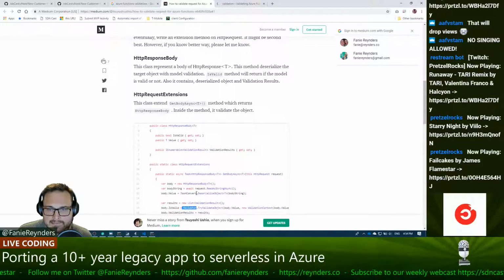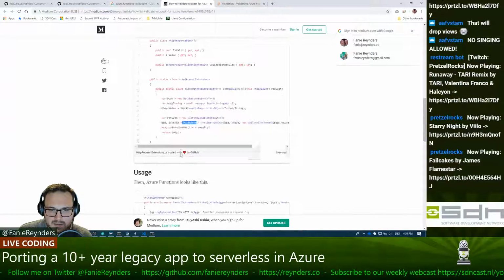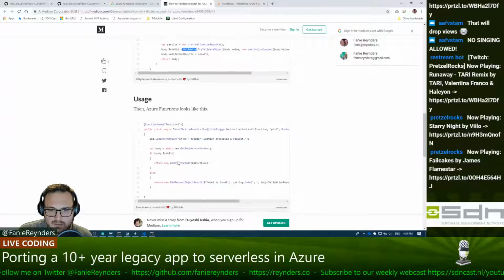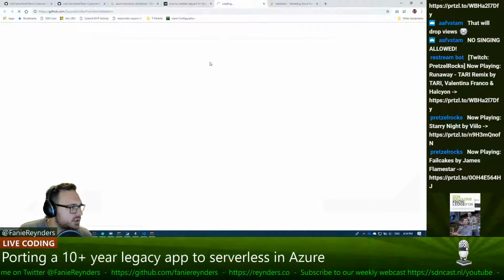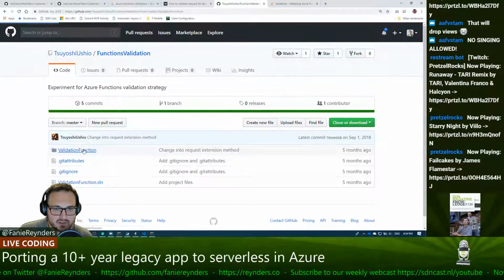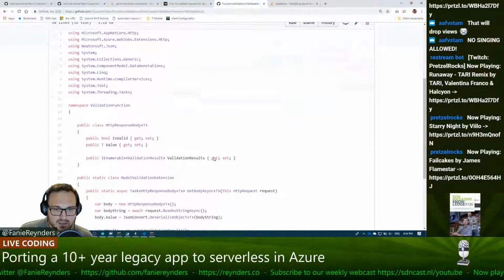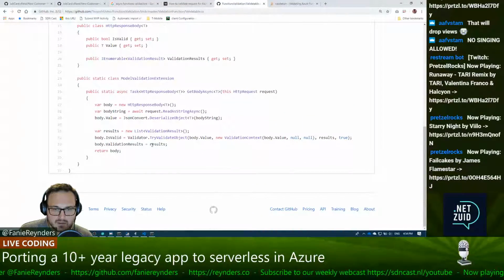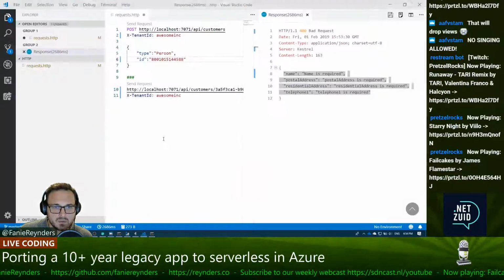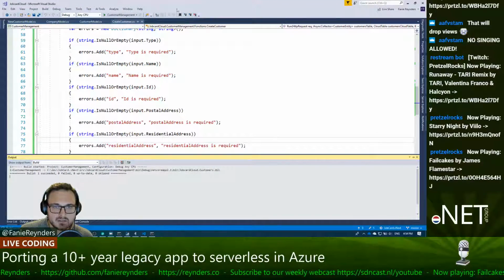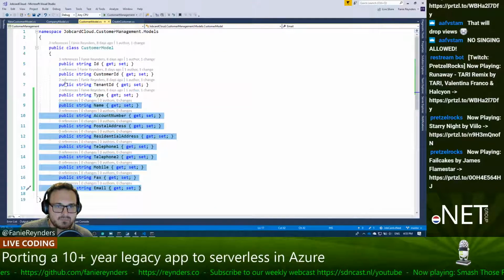Cool. Where do I get that? Validator. That's what I want. I want a validator. Let's go to this guy's source code and see what I can find. Validate function, validatable extension method, validator. Cool. Let's see if we can use that. That sounds very interesting, because obviously we can